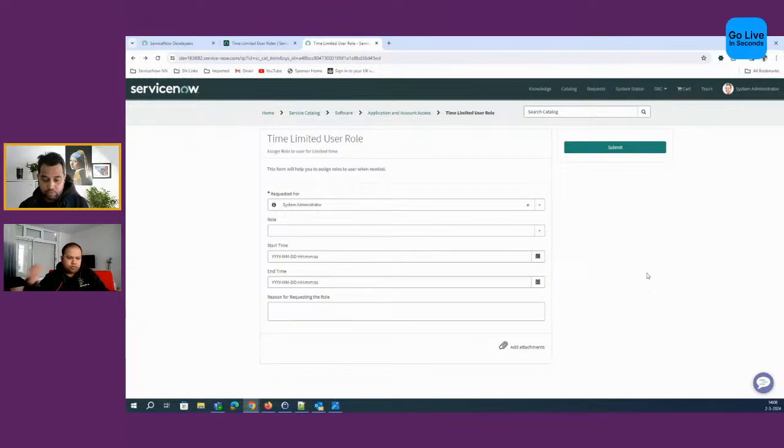And on the form, what we can do is specify for which change or which incident this particular role is requested. So once it is implemented, automatically the role is revoked. I would say, like